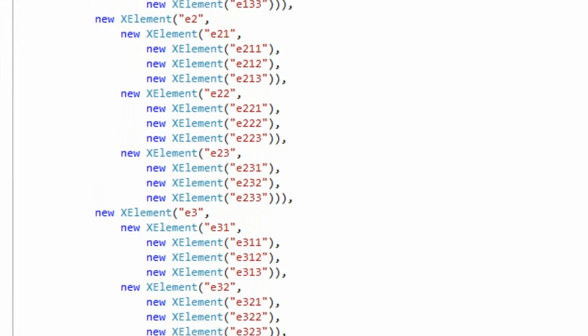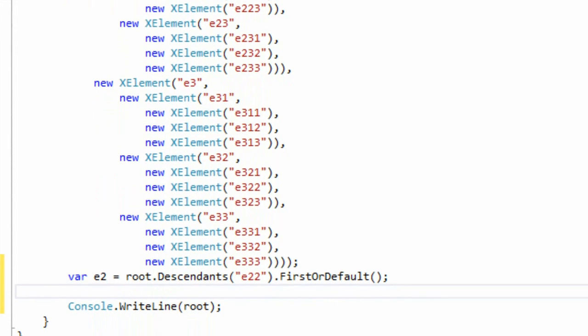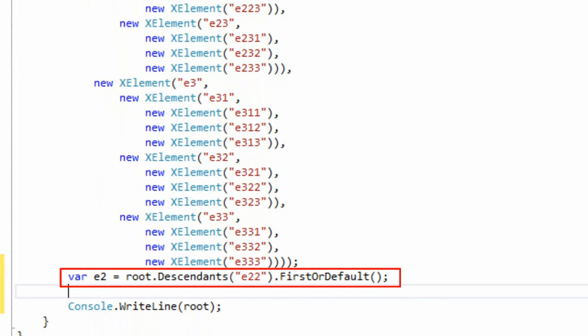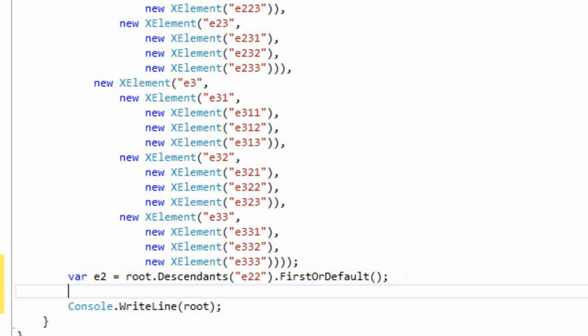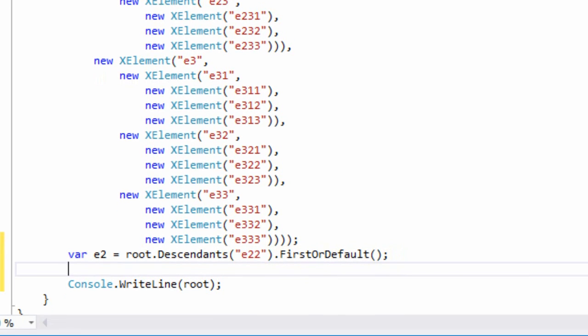Now I'm going to change this code. So here I'm going to use the Descendants axis method. I'm going to pass that E22 XName into that axis method. That returns a collection of all of the elements that have that particular XName. And then I use this FirstOrDefault method to get just the first in that sequence. And so this will return the one and only E22 element in that entire tree. And then, if I want to, I can